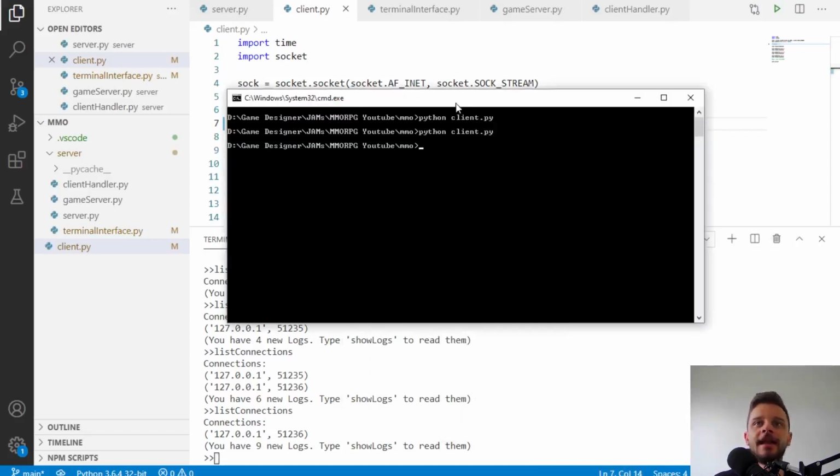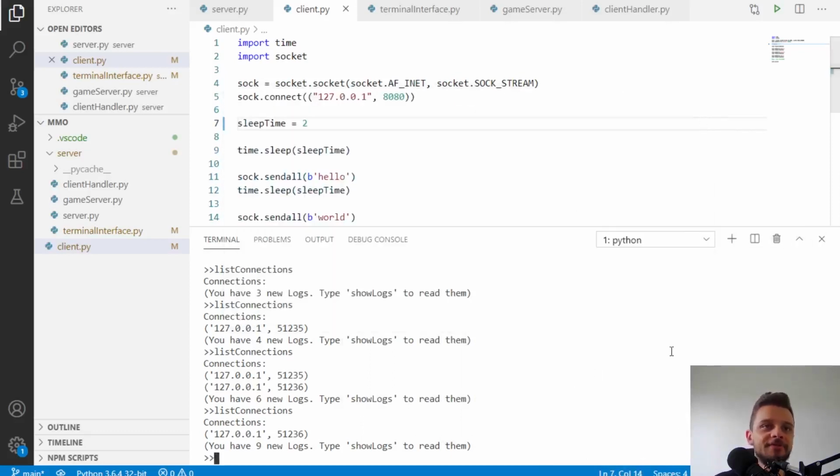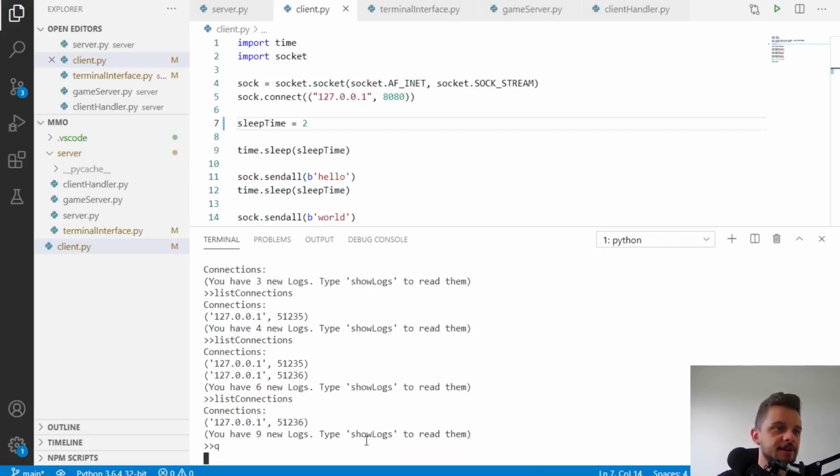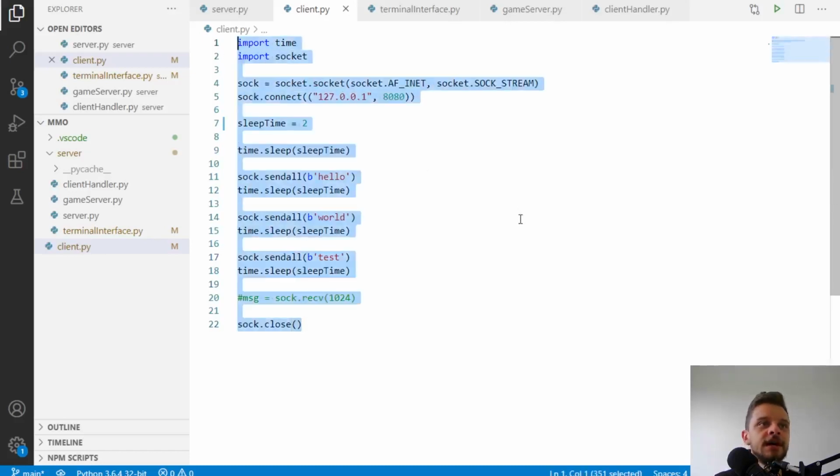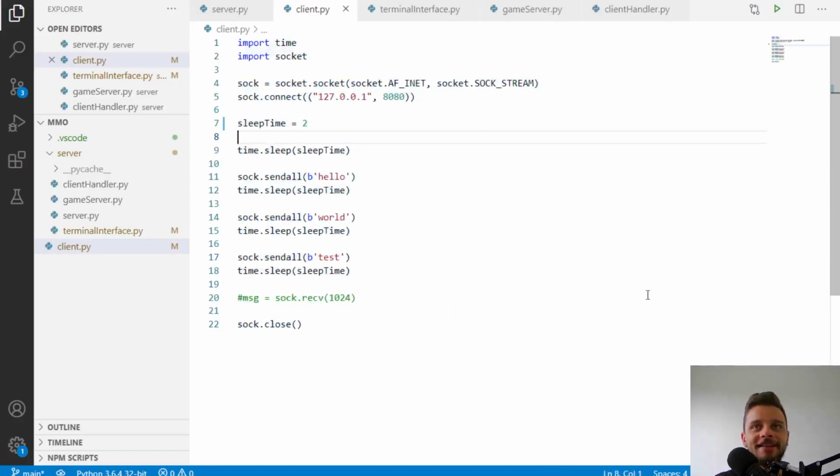But now, the next step, and it's a very important step, trust me, let me quit this server here real quick. The next step is that we need to handle the message that the client sends to the server, because right now we are not sending anything, we are not handling anything. So here in the client.py I have a socket that is literally sending messages, but the server is doing nothing. And by the way, yes, we need to create a proper client class. We're gonna do that later on, but today what we need to do is to handle any kind of message